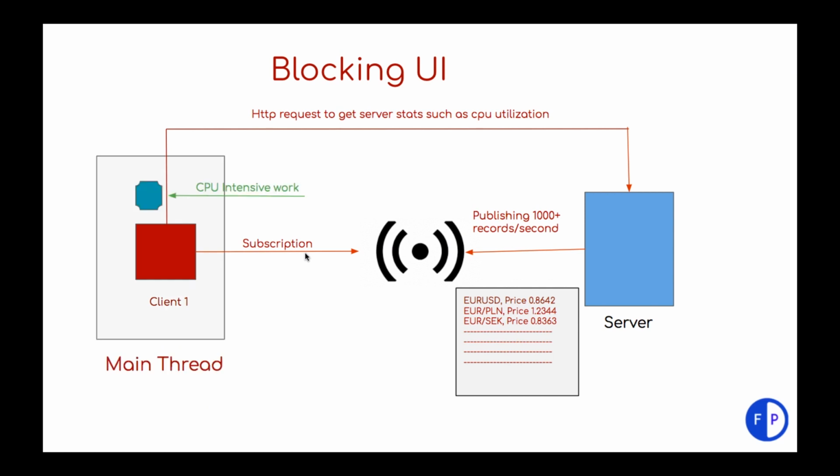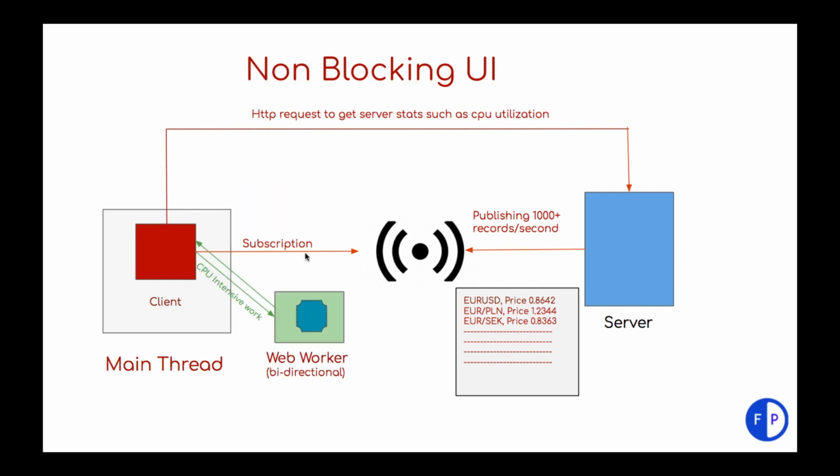Here you can see the main thread is doing all the work: listening to the port where market data is being broadcasted, making HTTP calls, and CPU intensive work. Now how can we fix this? Since CPU intensive work is the main culprit for blocking the UI, let's hand over this task to another web worker. In this way we can keep our main thread free for rendering work. The other two tasks are asynchronous, hence they will not affect main thread performance.